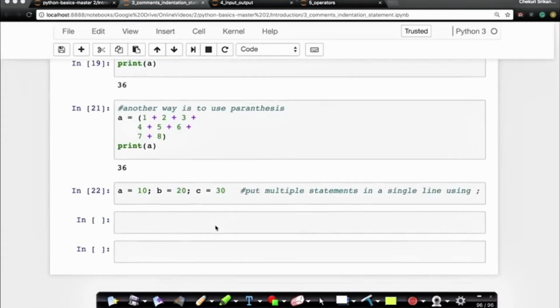The third type of statements that we will see is that you can actually have multiple statements on the same line. In this case, we had a single statement spanning across multiple lines. We could have multiple statements in a single line, probably for brevity or shortness, if you want to write a short, quick snippet of code. Of course, here 10 is assigned to A, 20 is assigned to B, and 30 is assigned to C. The most important thing is the semicolons. If you notice, we haven't put semicolons anywhere else, but if you don't put a semicolon here, it will raise an error. It will raise an exception. As long as you put your semicolon, it knows that this is one statement, this is another statement, and this is another statement. So the delimiter between multiple statements in a single